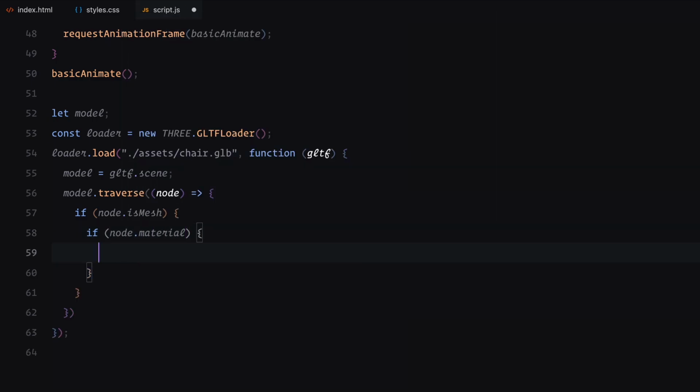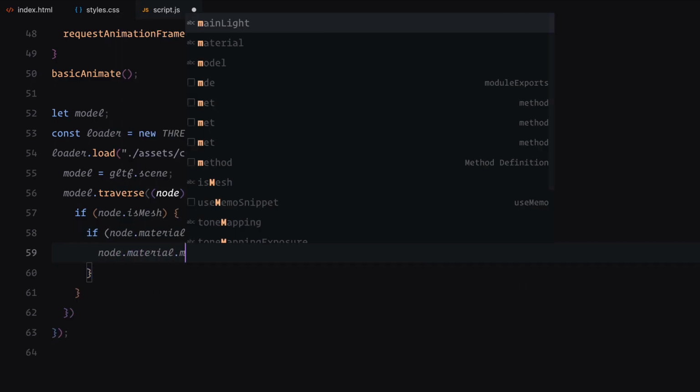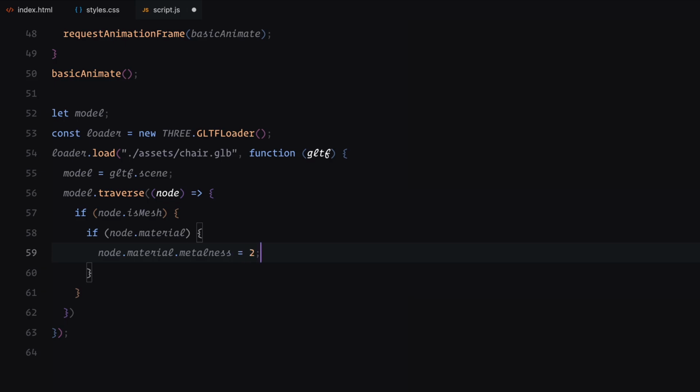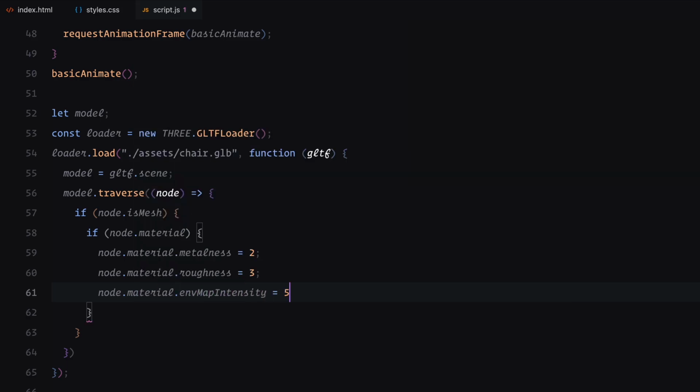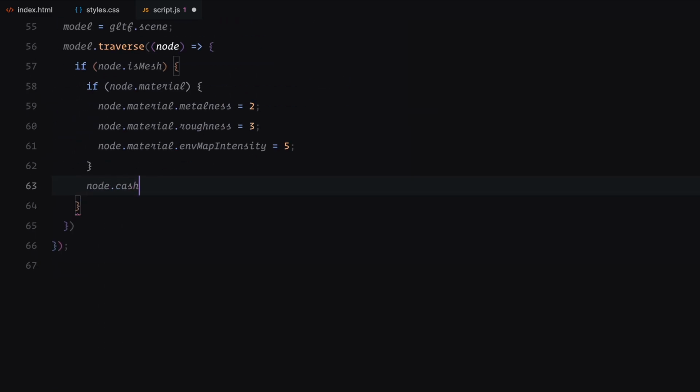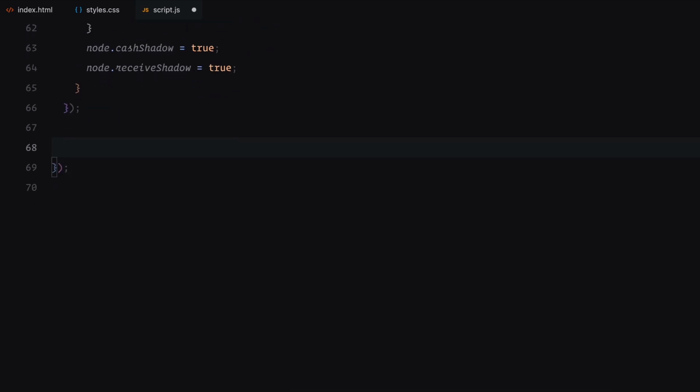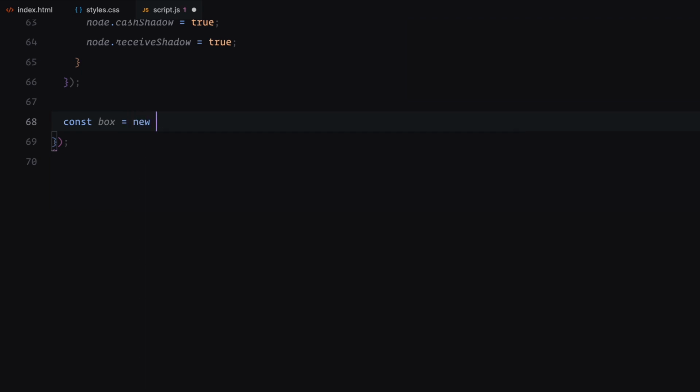To fine-tune the appearance of the model, I traverse through all its child nodes. Each part of the model is represented as a node. If the node is a mesh, a geometric object, I will apply custom material properties like metalness and roughness. These control how shiny or matte the surface looks. The map intensity adjusts how much of the environment lighting reflects on the surface. Additionally, I enable shadows for each mesh, ensuring the model can cast and receive shadows in the scene for a